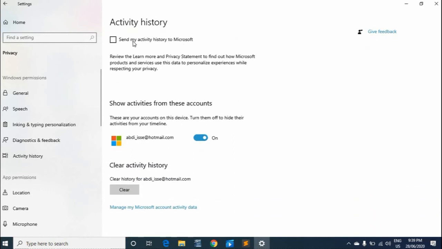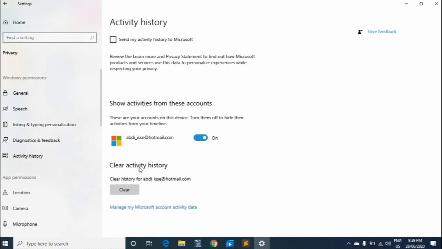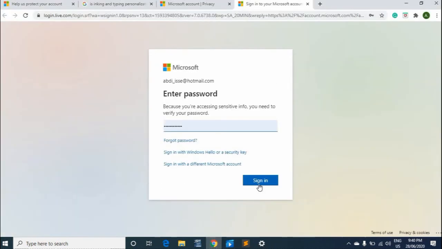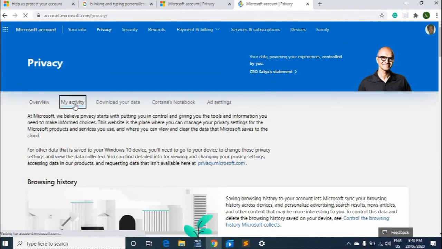And even if I don't choose that option, I log on with my Microsoft account, not a local account, so my activity history will still be on the cloud, because I'm logging on to a cloud account. That's the Microsoft cloud account that I'm logging on to my system. So notice how I don't have that option checked, and if I go to manage my activity data here, it says manage my Microsoft account activity data. If I click that, and log on, and here if I click my activity,